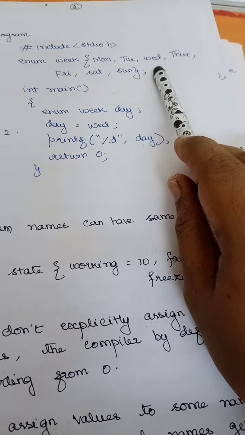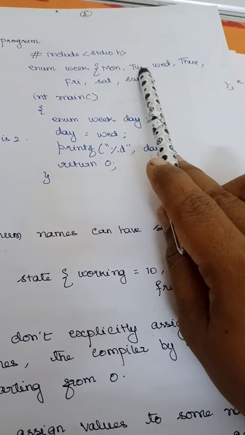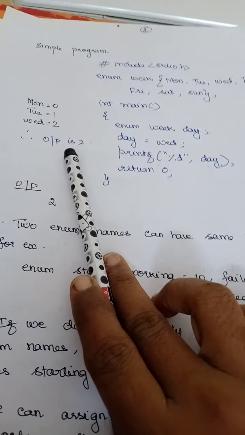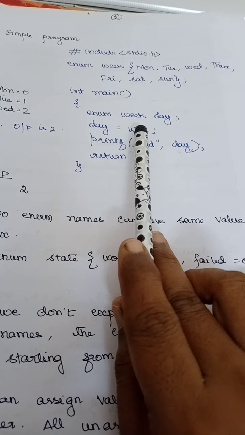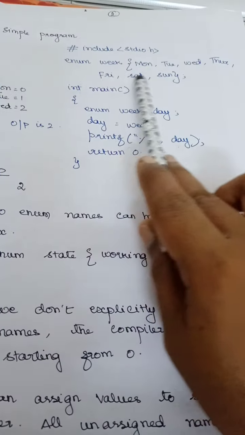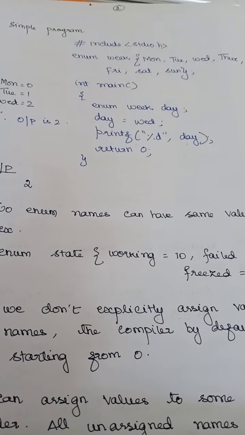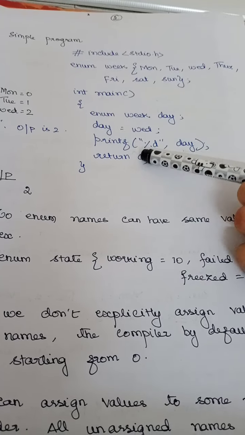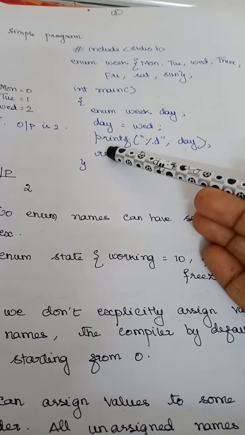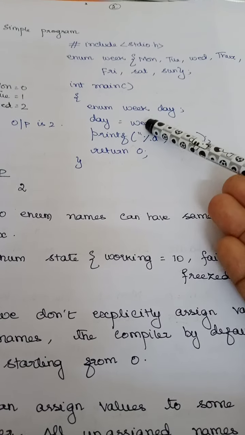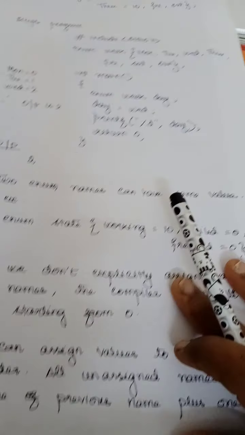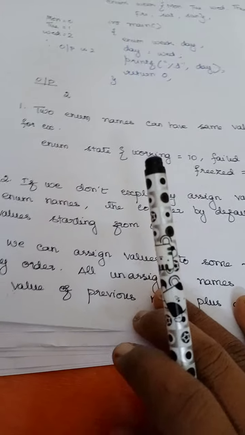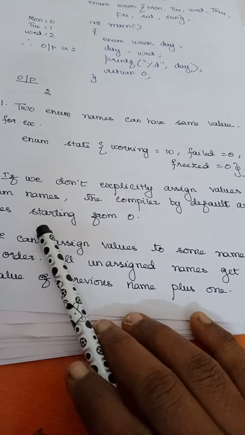Day is going to have Wednesday, so the value is going to be 0, 1, 2. So my output will be 2. Is that clear? Whenever I want to have some numbers and I cannot remember those numbers, I can use them in the form of an enumerator. Now I can see Wednesday I have assigned to day, but I may not be able to remember what number I have given for Wednesday every day, right? So you can create a list like this and you can use it whenever you want. So what are all the things you have related to your enumerator?